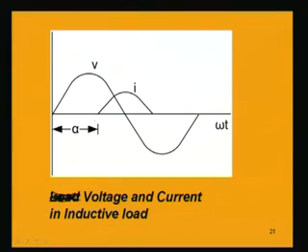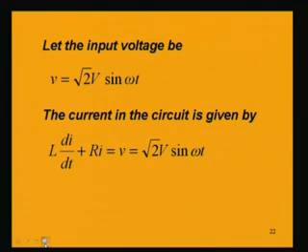So, the voltage and current waveforms, if we plot, then the current will start after firing angle alpha, which is the angle at which the thyristor is fired, and it will continue even after the thyristor turns off. So, let us find out what the current will be in such a load having inductance in series with the